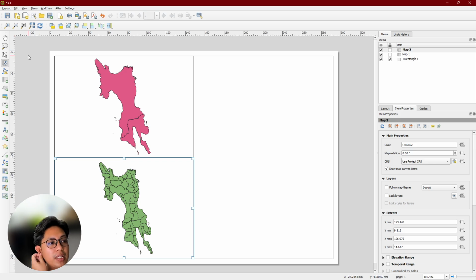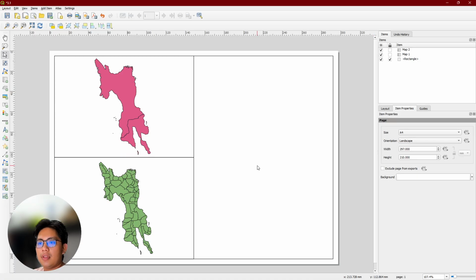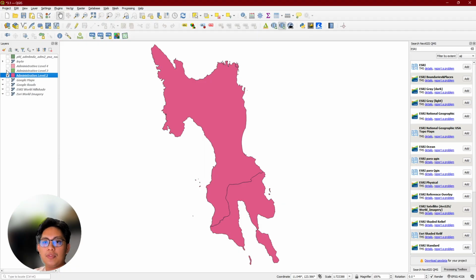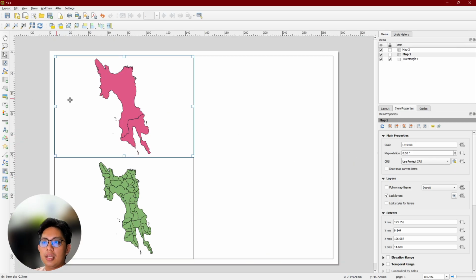How do we prevent that? You select your map 1, and then lock your layer. Lock layers, and then disable map canvas items. Now, even if I move this to admin level 3, this will not change.